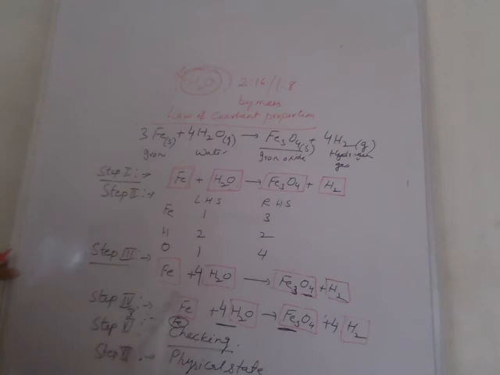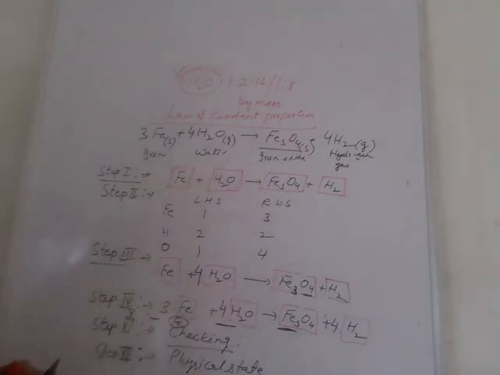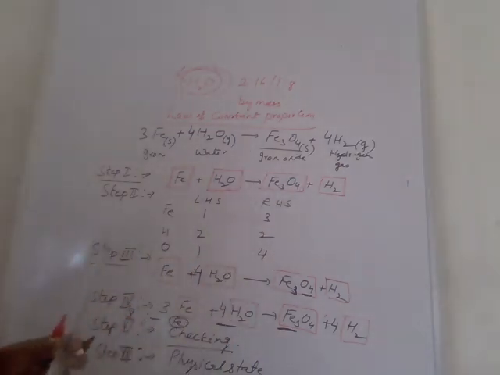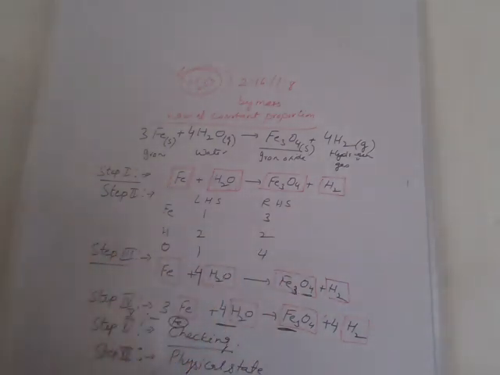In the fifth step, we will balance iron. So there are 3 iron on the right hand side, so we will write 3 in front of iron towards the left hand side. So in the sixth step, we will check the number of atoms of each element. So this is a balanced chemical equation. And in the last step, the seventh step, we are to mention the physical state of each reactant and product. So students, this is the whole procedure for balancing the chemical equation.